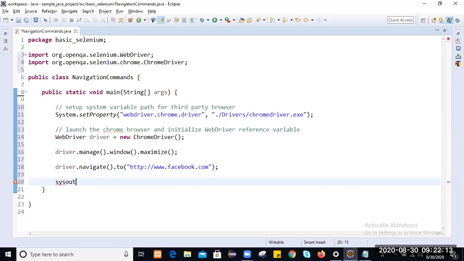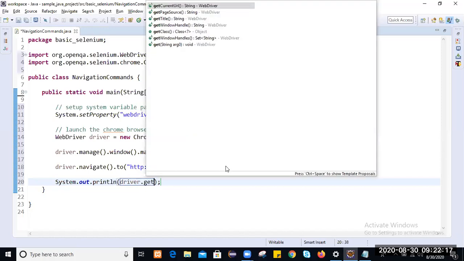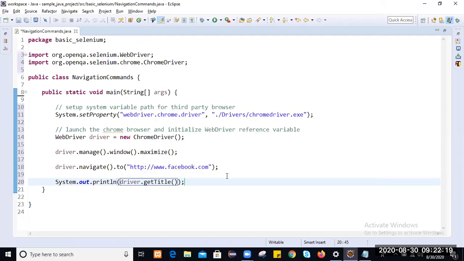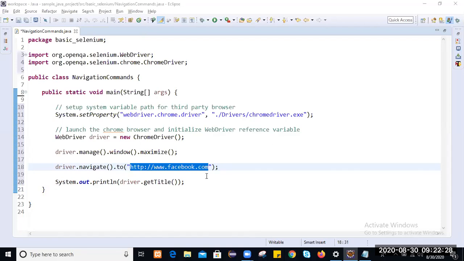Once you are on Facebook, I will try to get the title with driver.getTitle. Let me open this Facebook and show you what operations we are going to perform. First we'll navigate to Facebook.